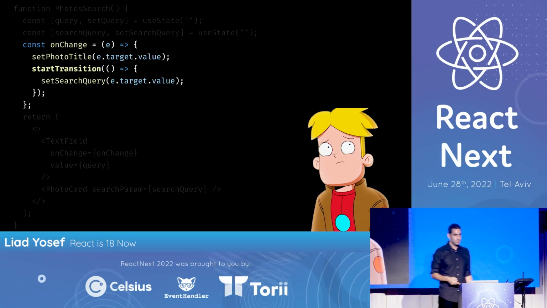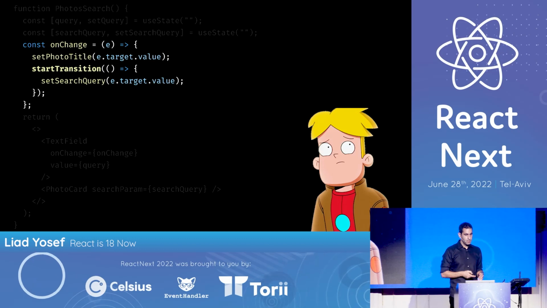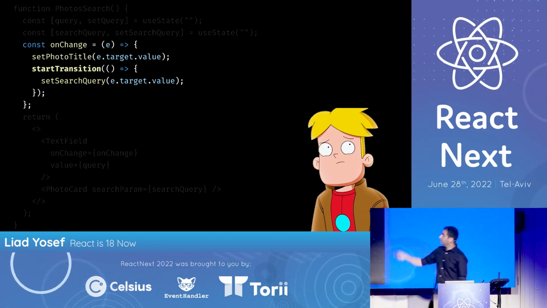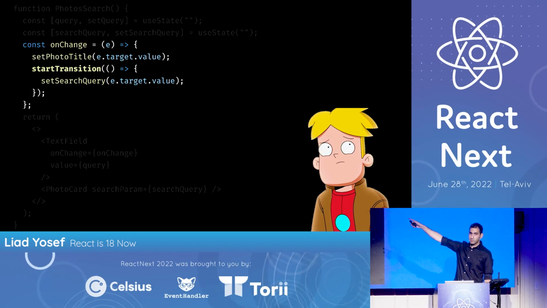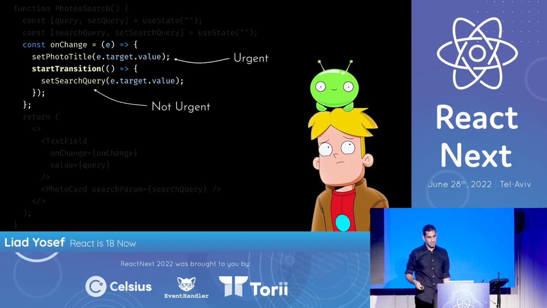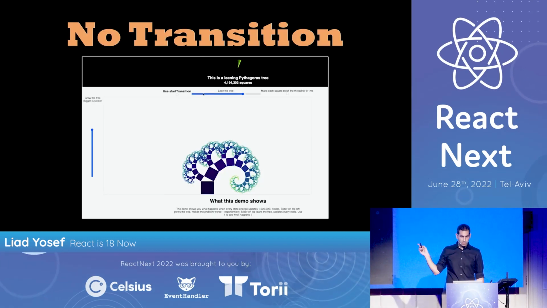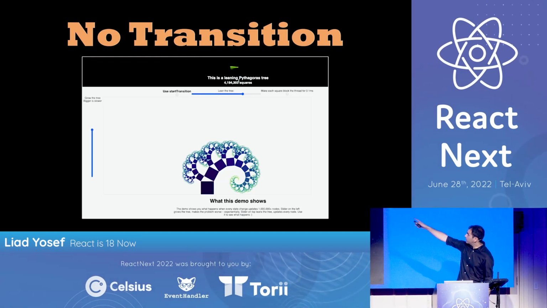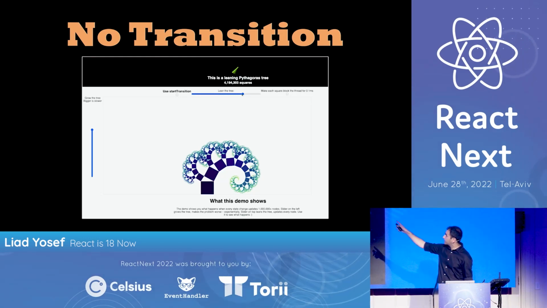And then we tell React, hey, when a change is happening, set the photo title because that's the urgent change that we want, but do the search query thing in transition, meaning that it's low priority. So this is urgent, this is not urgent, which is nice. You can see here that without transition, note that the input, the slider, when you move it, the slider gets